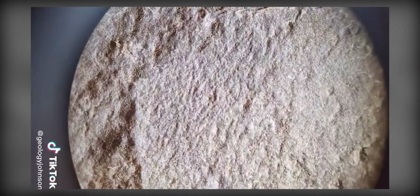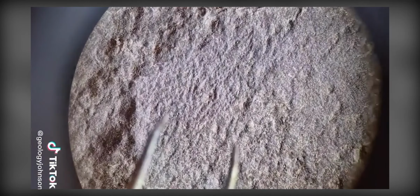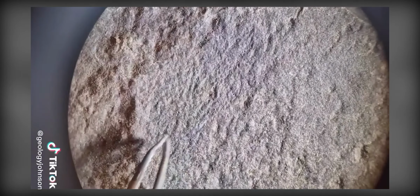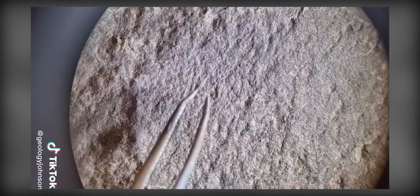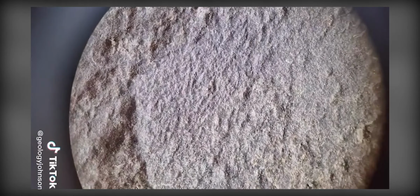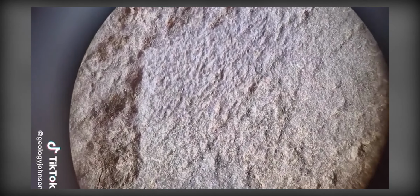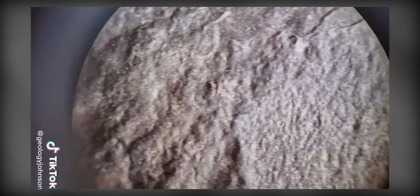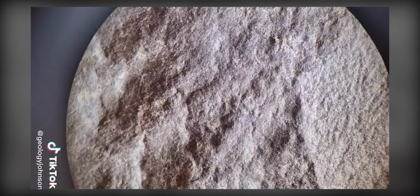So I've zoomed in with a microscope now, and we're looking at the sediment surface again, and here's those filament impressions along there and there on there in our microbial mat. They're difficult to see because they're so subtle, but if I rotate them you can just about make them out. There's all of those other blobs where the microbes were holding the sediment together while the water currents were moving